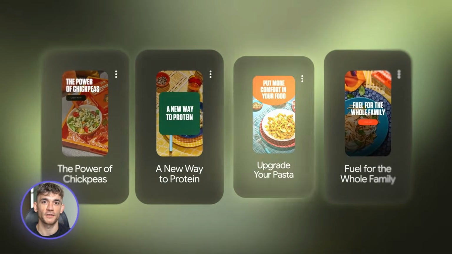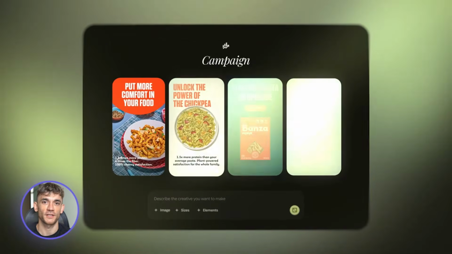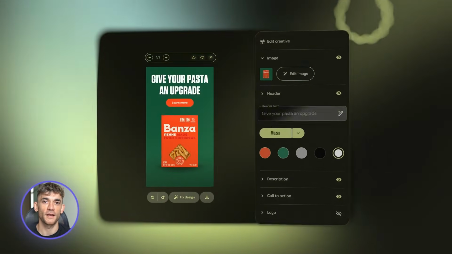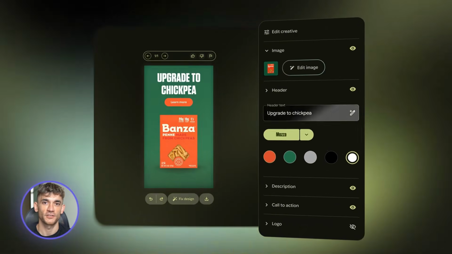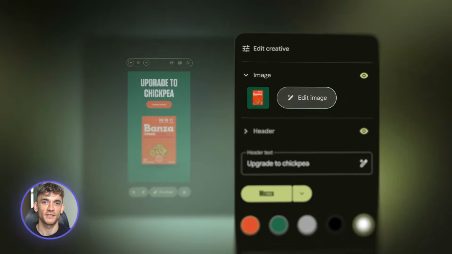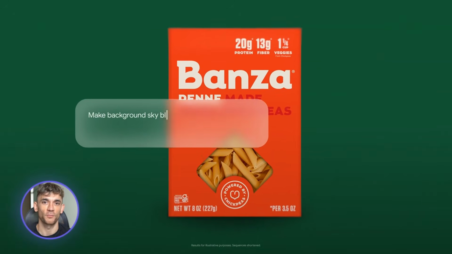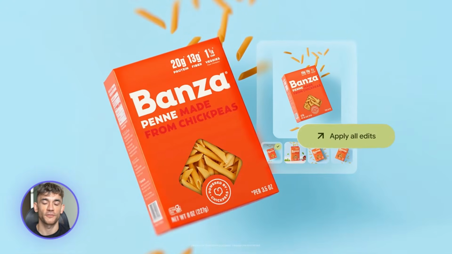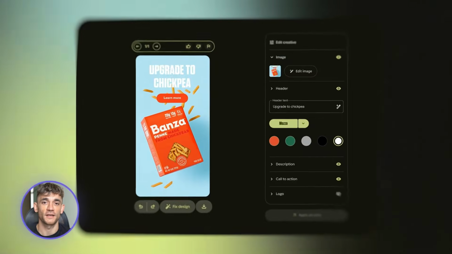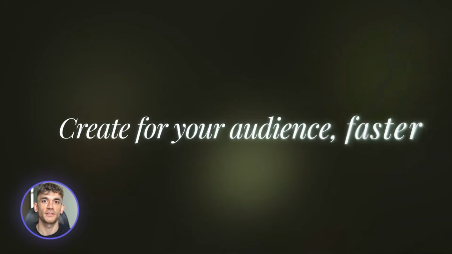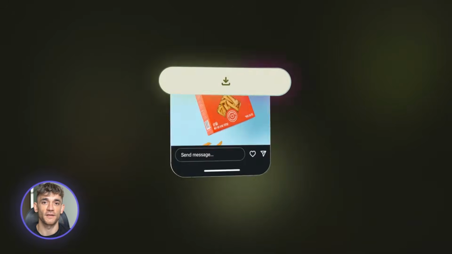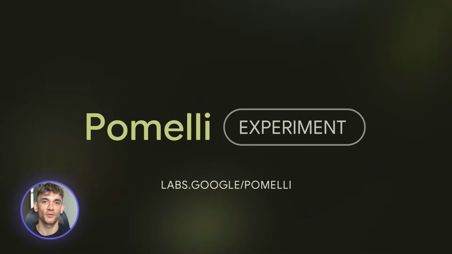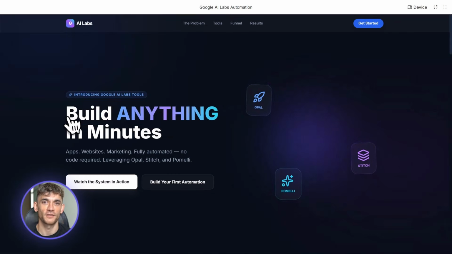Here's why this matters. Most businesses fail at marketing because it's too time-consuming and expensive. You need a designer for graphics, a copywriter for captions, a strategist to plan the campaign, a project manager to keep it all organized. That's 4 people minimum, and it will cost you thousands of dollars and take weeks. Pomelli does all of it in 10 minutes for free. This is the exact kind of automation that levels the playing field. Small businesses can now compete with big companies because they have access to the same quality marketing without the massive